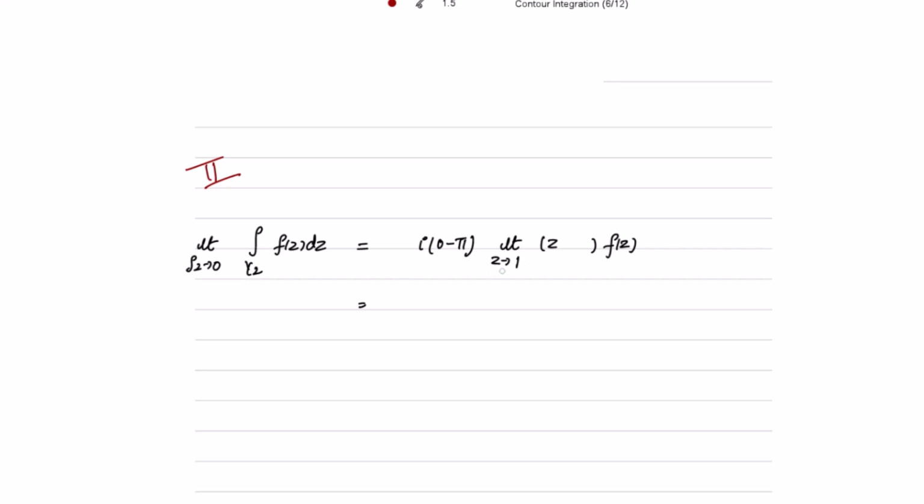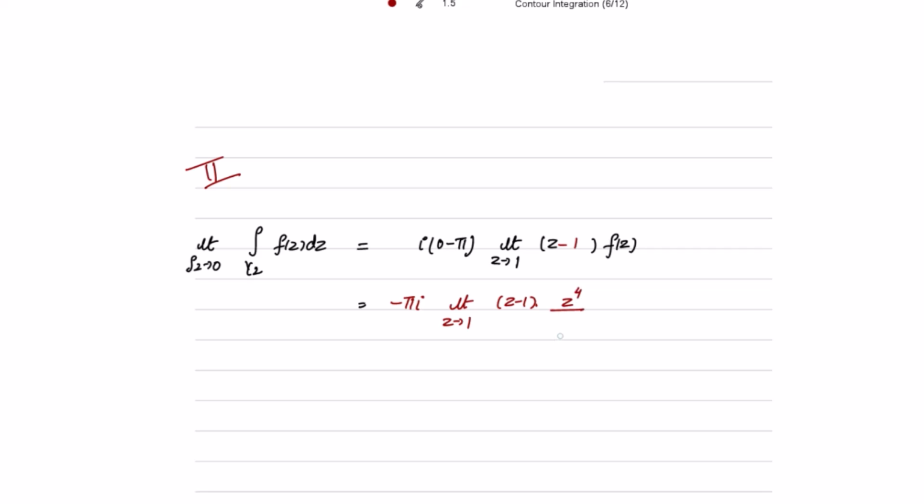So limit z tends to 1, z minus z naught is z minus 1, f of z. So this is negative pi iota limit z tends to 1, z minus 1, z to the power